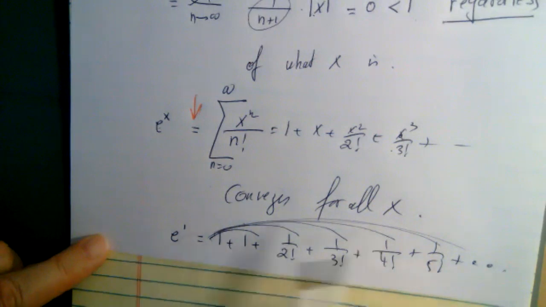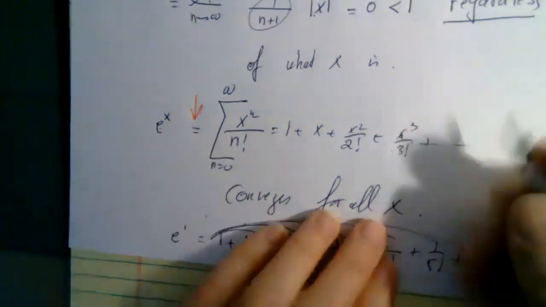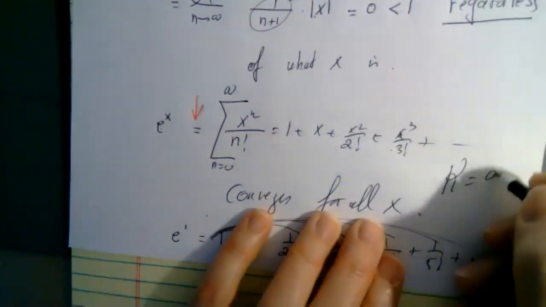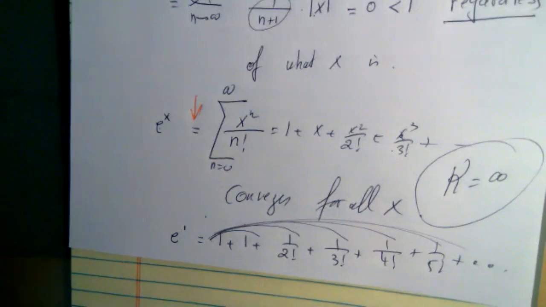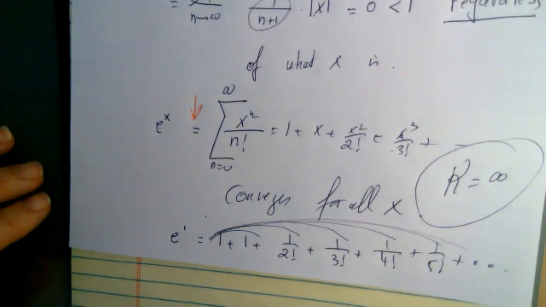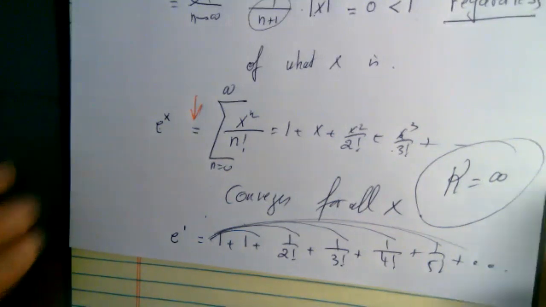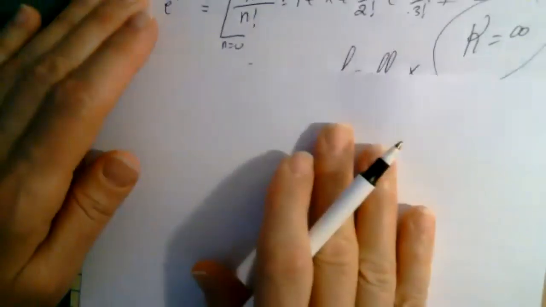It's one of the most important results that we will see later on. But for us now, what matters is that this series converges regardless of what x is. And it means the radius of convergence is actually infinity in this case, because it converges for all values of x. And this also tells me something that I would like to emphasize. If this series converges for all x, it means